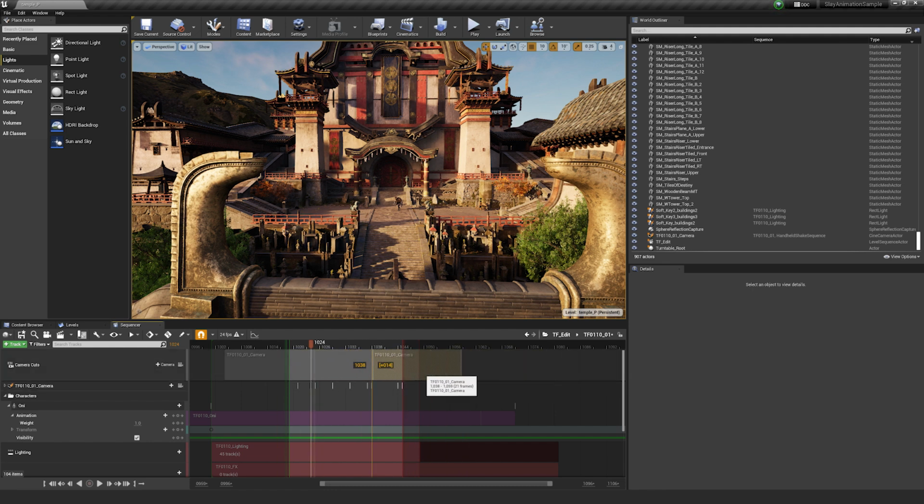Once we do that, we'll be able to effectively duplicate the camera that we have here.